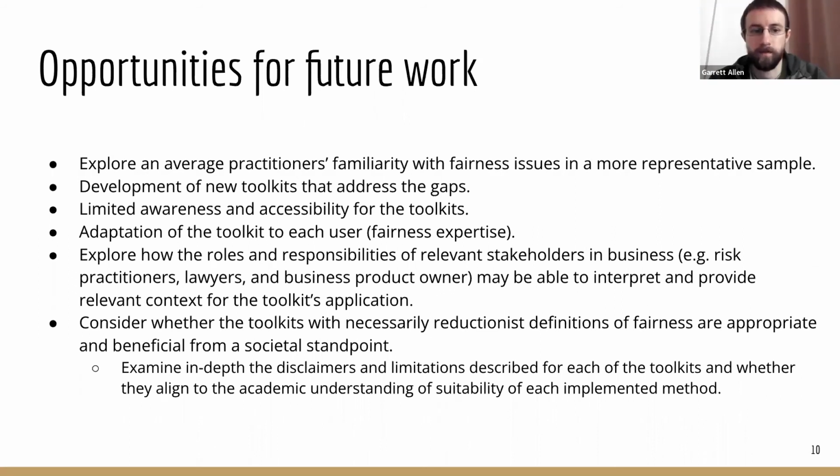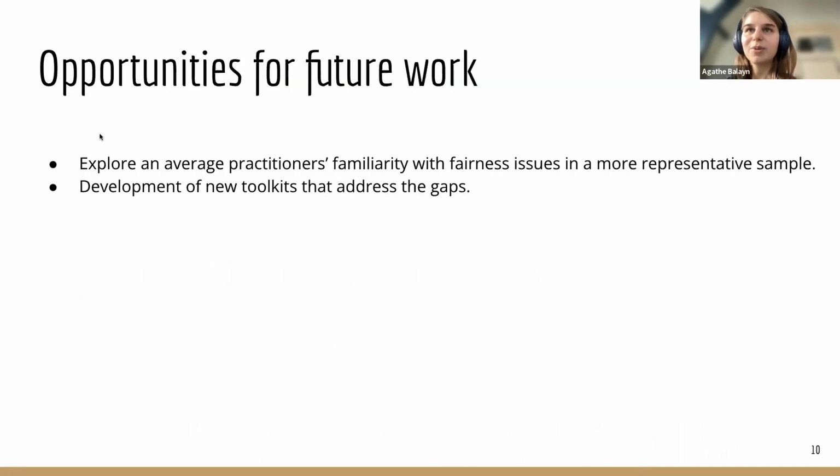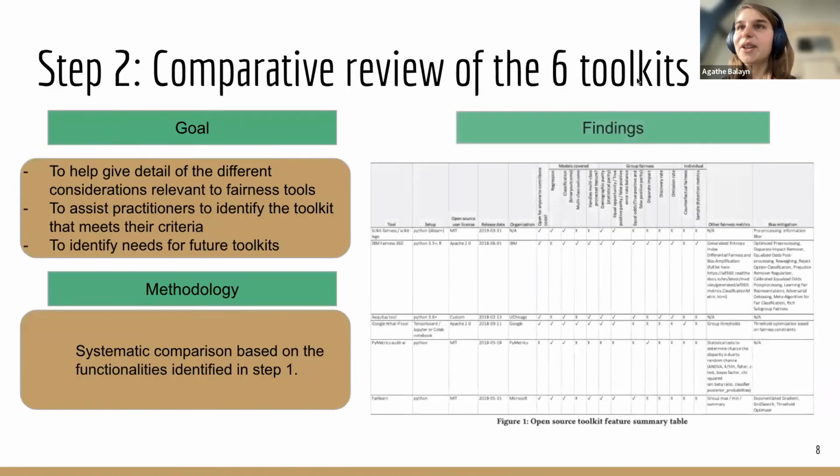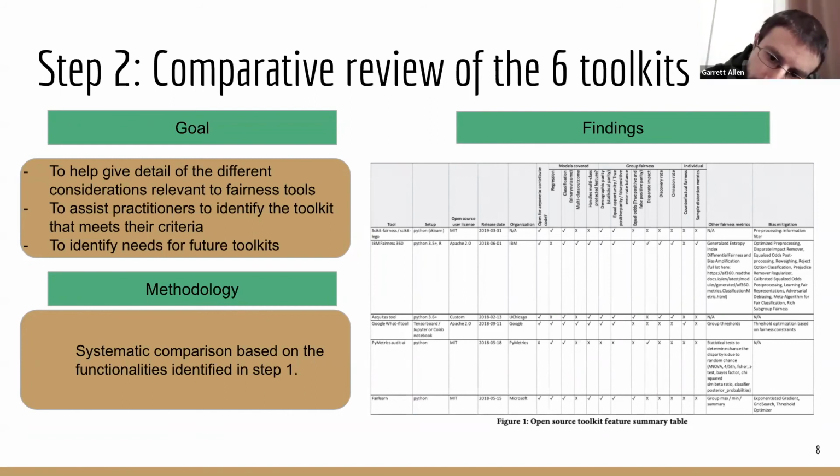So rather than defining fairness themselves, they just show how these people defined it for their toolkit, and did it actually do that? Yeah, exactly. And I think they were reviewing that at some point in the table. They were saying, for instance, the models that are covered, so they were talking about regression or classification, multi-class outcome. And I think that's the closest to what you could imagine separating per use case, because they also have the group fairness definition there, like equal opportunity. So that's what I was looking for, the group fairness columns.